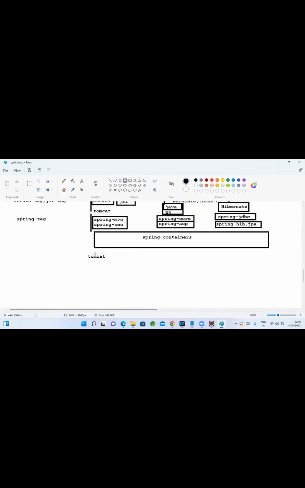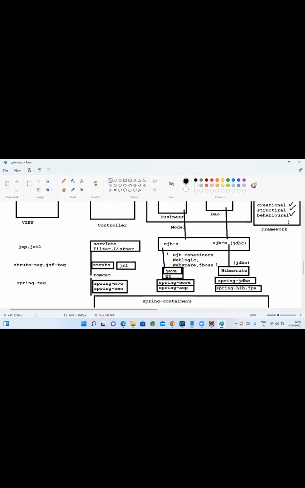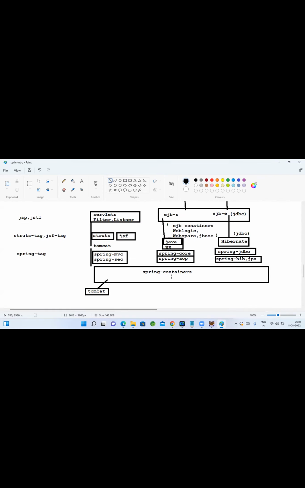we use Tomcat. As I said, we are not against open source. As this is free, I really don't bother about designing a new server. Or else we can design a new server like Tomcat. It's not a big deal, even for Spring. They can design their own Tomcat also. But as it is open source, they are not against it. So to switch on the Spring containers, we use Tomcat. This is like a main switch. It will start your container, and your container is going to manage all your classes. Whatever you develop using Spring MVC, security, core, AOP, Jdbc, Hibernate, all that is going to be managed by your containers only.